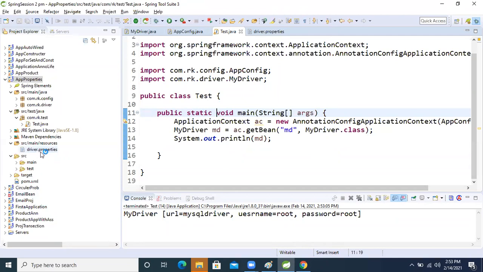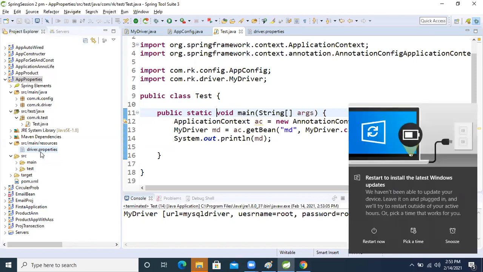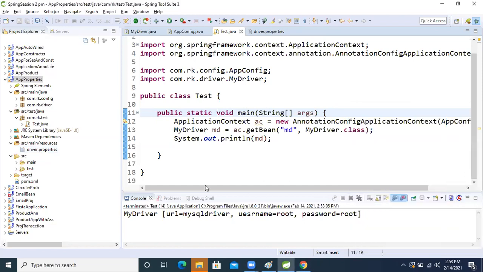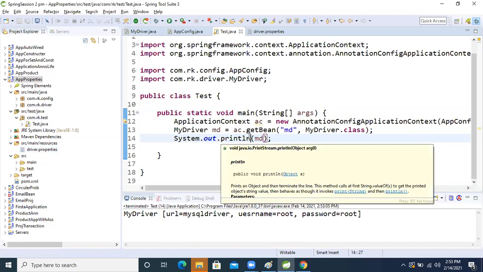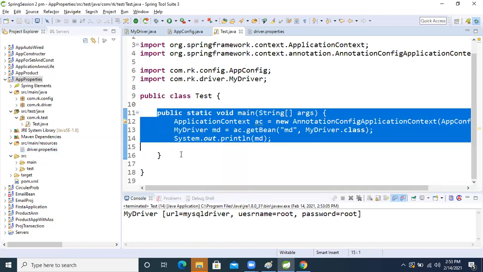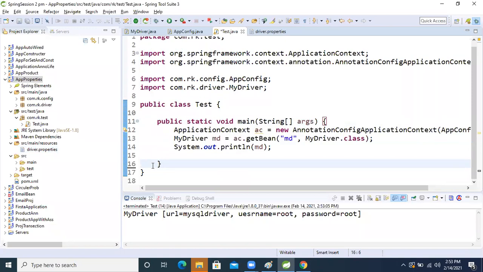In the real time, in the applications we are developing, we use a properties file for frequently changing data, like for example our database configuration: username, URL, password and all those things in the properties file. Now, till now, if anybody has any doubt, let me know, right?